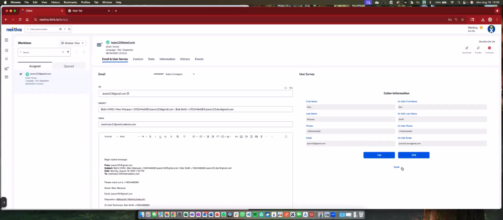Or if their preference is after hours not to call, we can take away that call button, right? Anything after 11 p.m., don't call me, send me a text message or send me an email. Or first send a text message, and if I don't get an acknowledgement, then send an email.